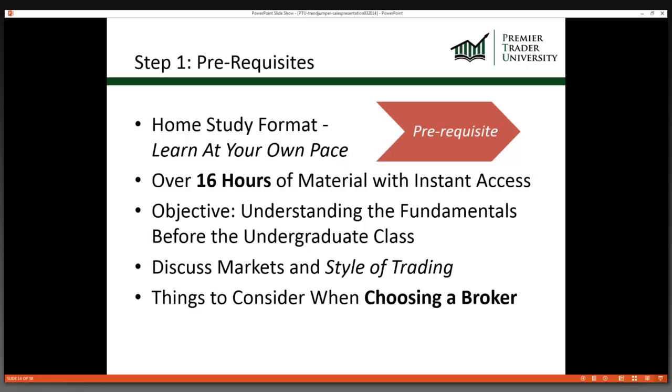If you're beginner, intermediate, advanced, obviously somebody who's intermediate or advanced will go through this a little bit quicker. But it's also important to sort of start to understand the way that we like to trade and the way that we like to do things. And so you guys will come into the live training really having a great foundation, whether it's style of trading, brokerage choice, fundamentals that are important,